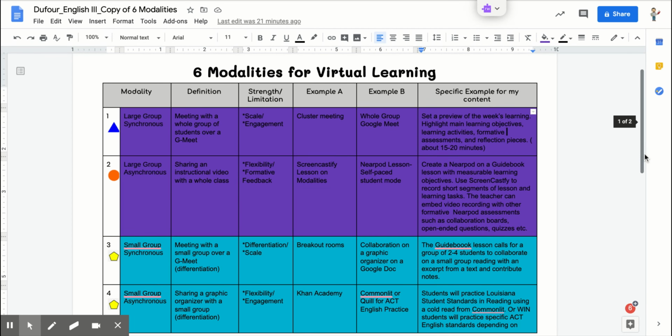So the first one we're going to look at is the large group synchronous. I think at the beginning of the week on Monday, I like the idea of setting a preview of the week of what the learning will look like. That would be highlighting main learning objectives from our ELA guidebook lessons, looking at the specific learning activities, the formative assessments, and any reflection pieces that we'll work on during that week. And so I think this would also be a good time for me to go over some basic virtual learning